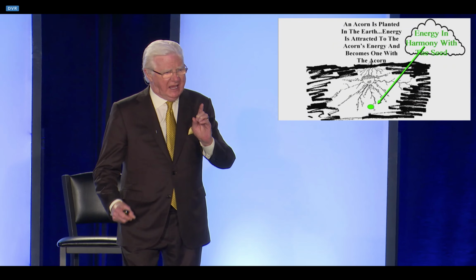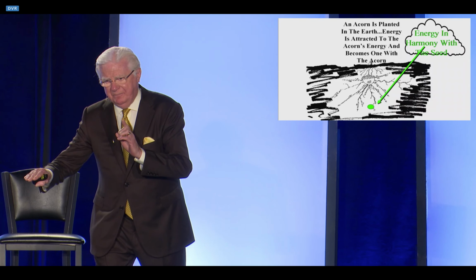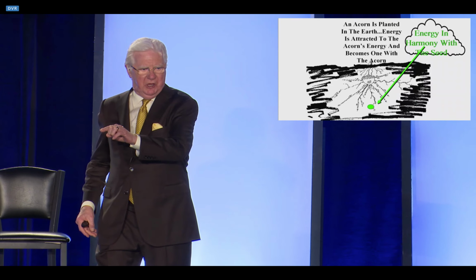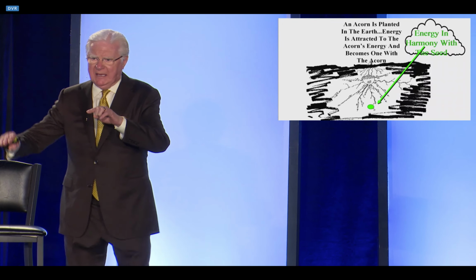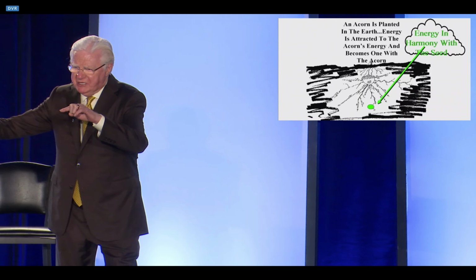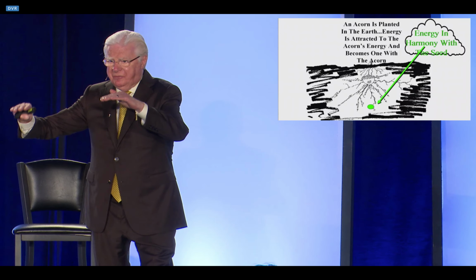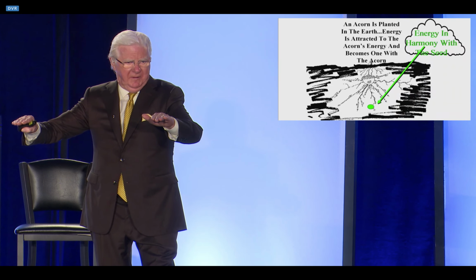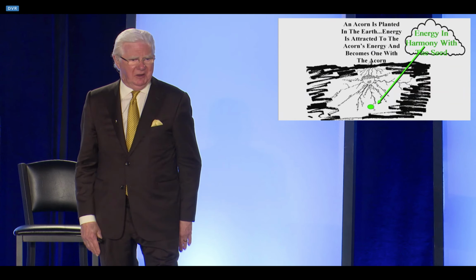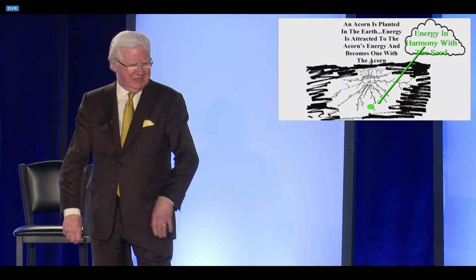Yet it can just grow into an oak tree. Now there's, as I say, there's energy jammed right up against the acorn, but it's not in the same frequency. So that'd be like me trying to phone you and I'm dialing somebody else's number. I'm never going to get you. You got to get on the frequency of the good you desire. Everything's already here. The good you want, the money you want, the help you want, everything's already here. But if you're not in harmony with it, you won't even see it. It could be staring you right in the face, you wouldn't see it.